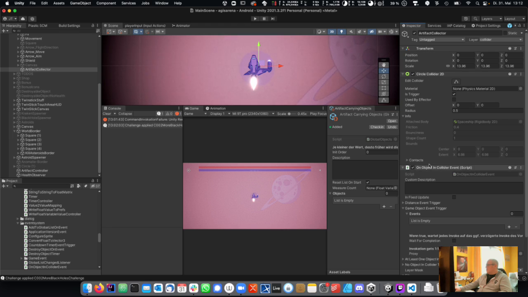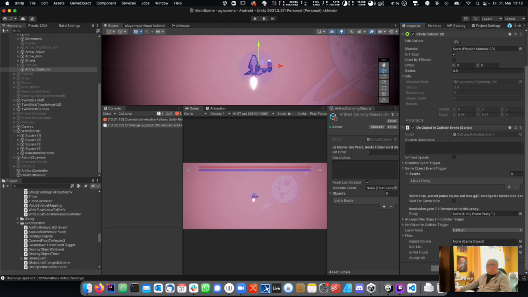That is okay, and then we have this trigger, and this trigger does different things. The first thing should be something like